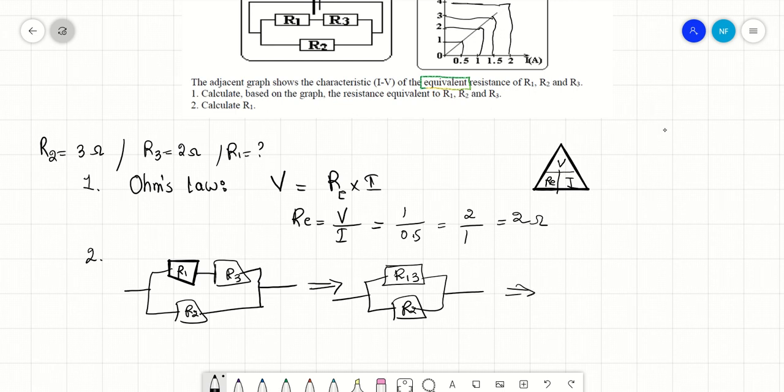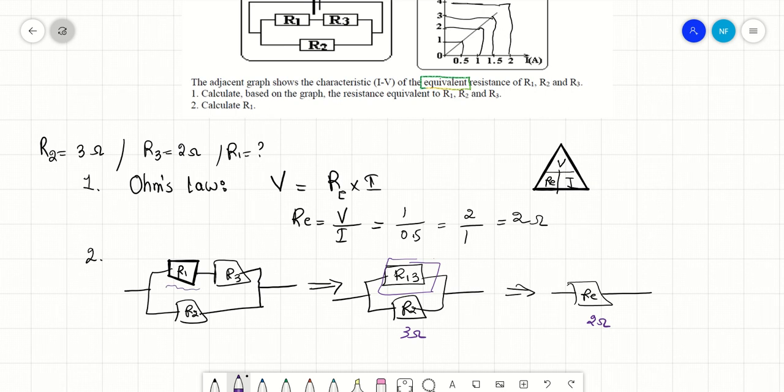Then I will say that R13 and R2 are in parallel, so I have to replace both of them by another resistance, which is the R equivalent that I've already calculated, equal to 2 ohm. So I know that the final R equivalent is equal to 2 ohm, and I know also that R2 is equal to 3 ohm. I have to know the value of R13 in order to know the value of